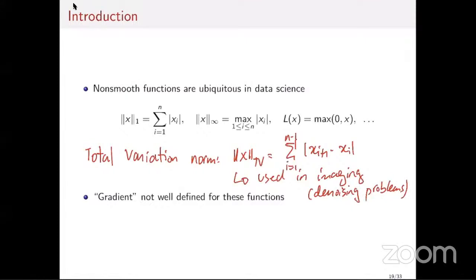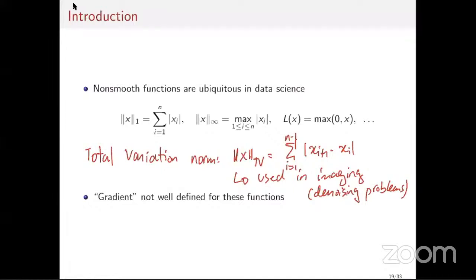Such non-smooth objective functions have become very prominent in these areas related to data science, imaging, and so on. That's why the research in non-smooth optimization has grown accordingly. People have developed in the last 10 or 20 years new techniques to deal with such problems. This has been an especially important focus in data science.